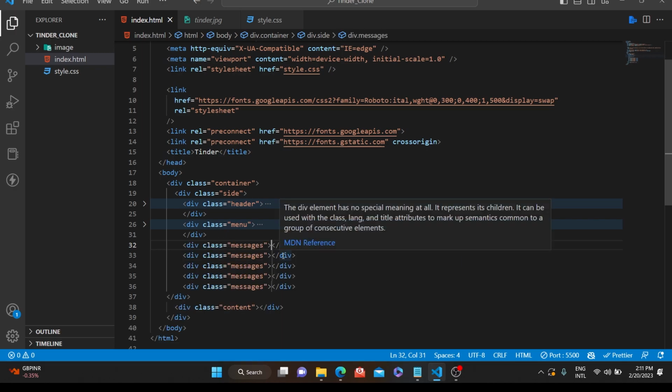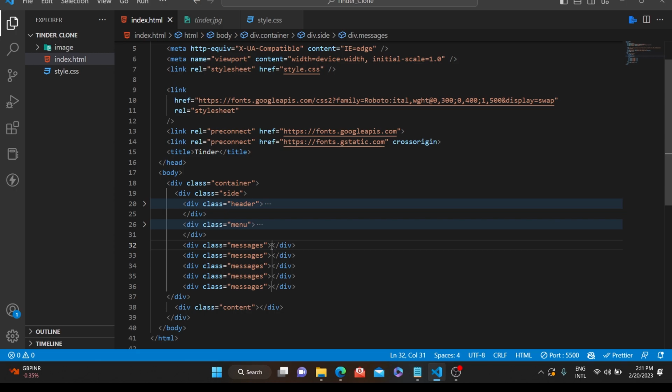The class with the messages is done, and inside this we would be having a div with a class of avatar first. So div with a class of avatar,